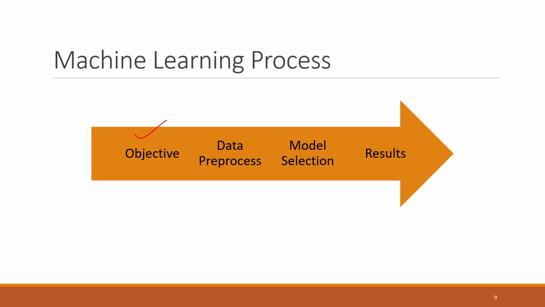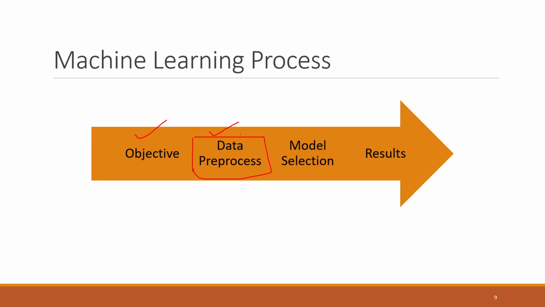First thing first is basically what we are trying to achieve, what is our objective and what is our goal. And for that, to achieve that objective, we must have some data. But our real world is very much uncertain, and there must be some issues with the data, such as data might have null value. Some pre-processing must be required, so pre-process the data, and maybe if the data is in a string format, we may convert it into numerical format by using different techniques such as one-hot encoding or something.